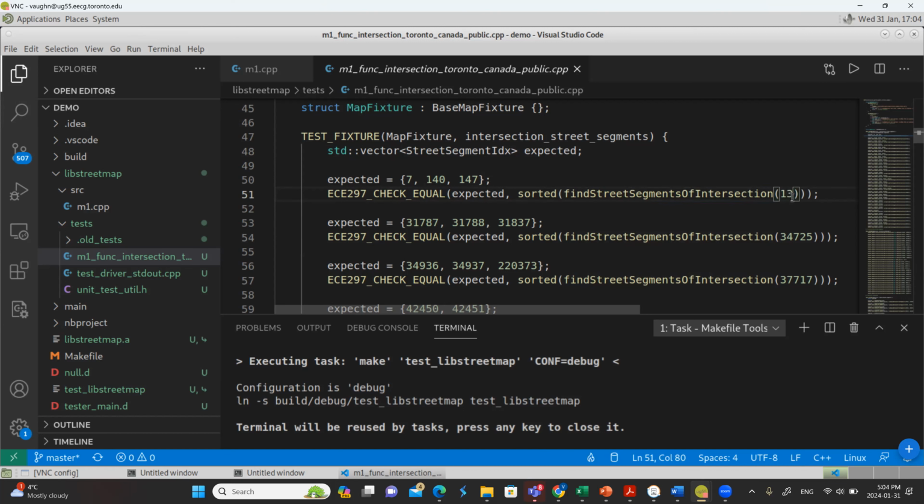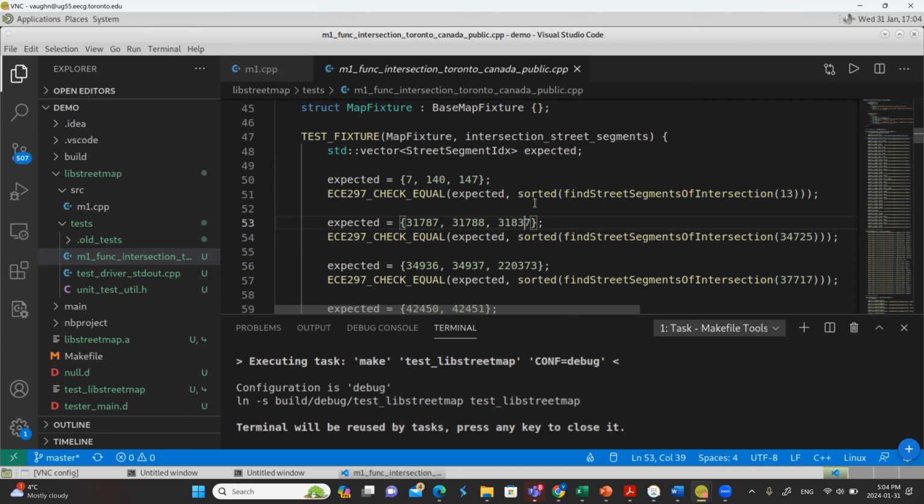So we've already worked out that this is the answer for intersection 13. And we're checking that the vector you return is exactly equal to this vector. If it's equal, you pass. If it's not equal, you fail. Does that make sense? And we don't just check one intersection, we go do the same thing for intersection 34,725. And that returns different street segments, and so on. Okay, so there's a whole bunch of cases in here that we're going to call one after the other.